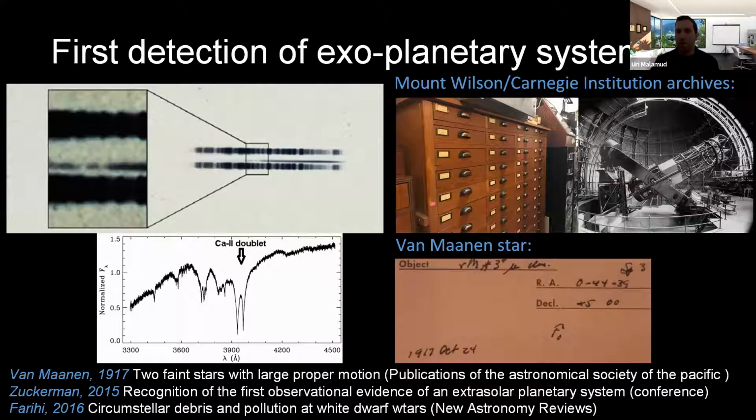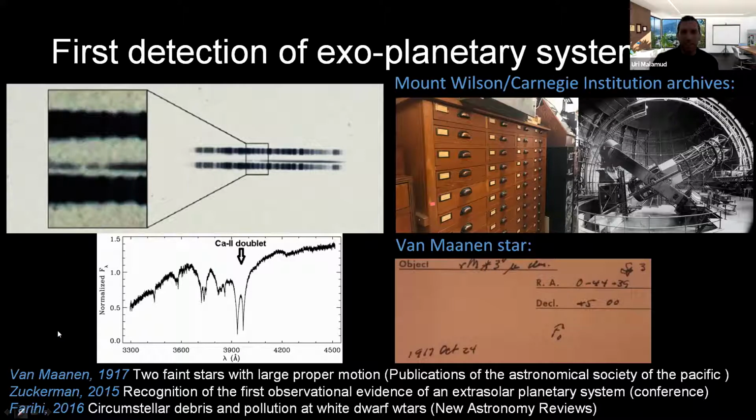And once you measure the distance to the star, or the parallax, you can actually say that this star is faint because it's small, because it's a white dwarf, and not because it's very far. And this is when they later figured out that this star was a white dwarf, and it was a polluted white dwarf. And the protagonist of this story is Jay Farihi, one of my colleagues.